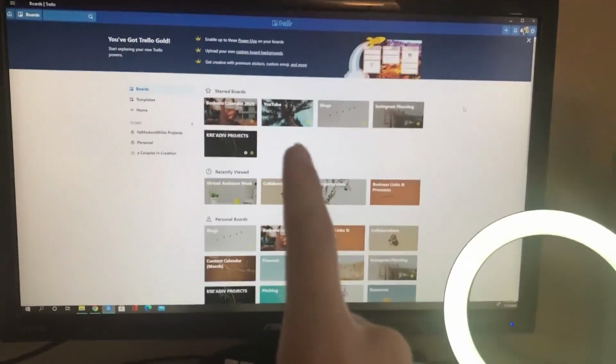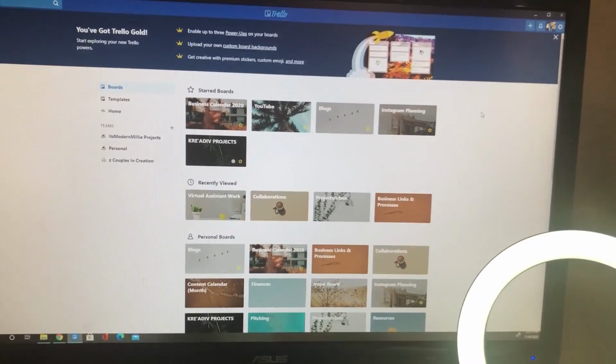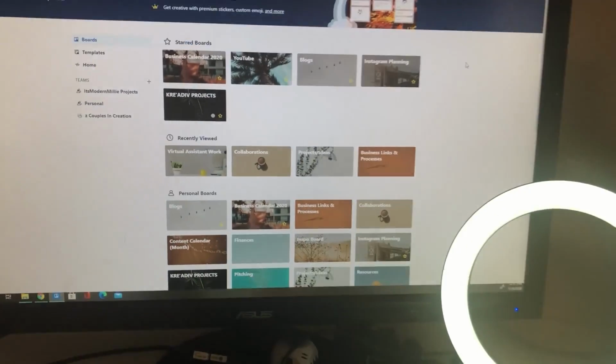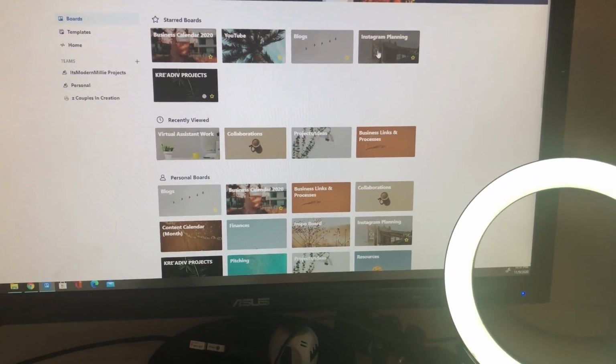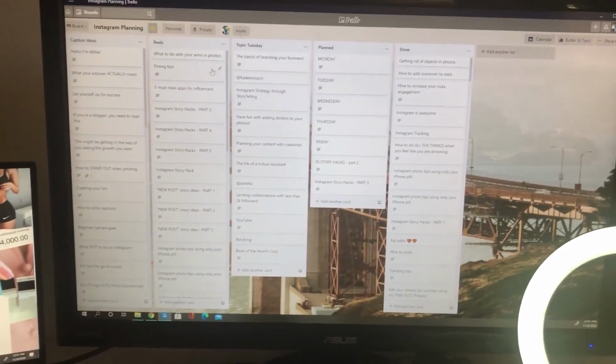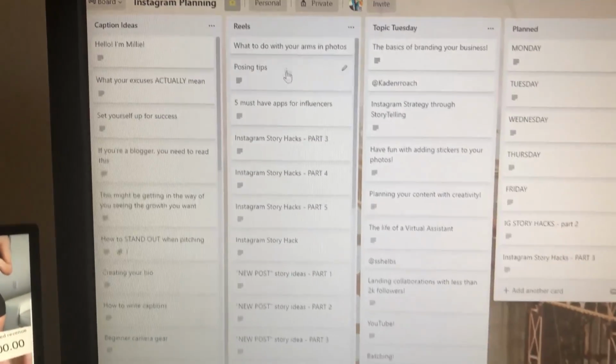So this is my Trello board. I have, oh, I almost touched it. That's touchscreen, that's not. This is my Trello. I have my Instagram planning board, and right here there's a section for Reels, and this is where I keep